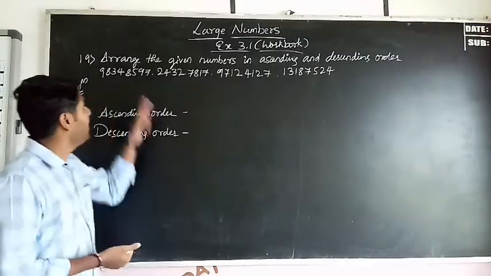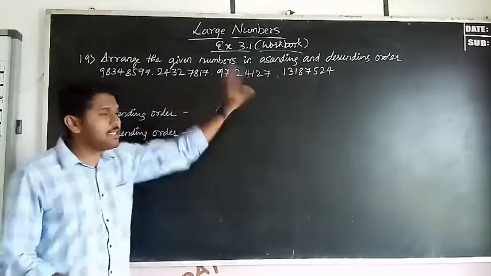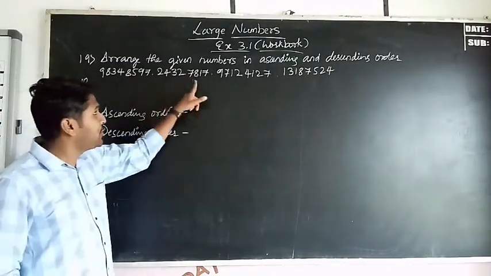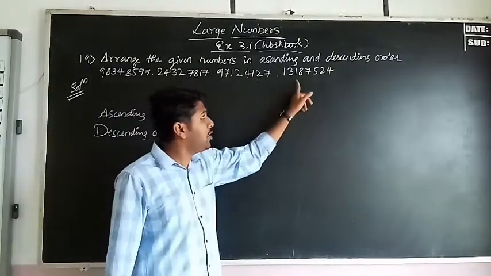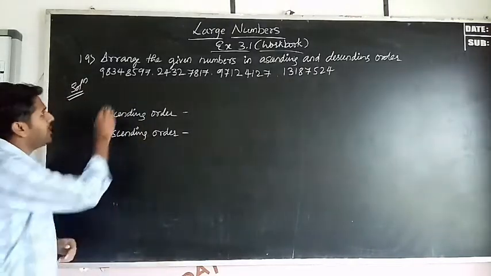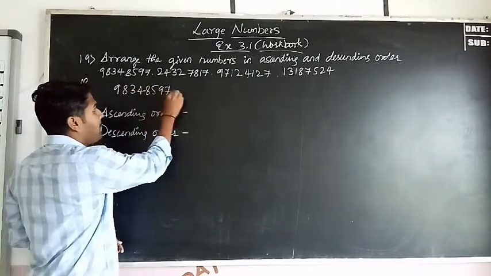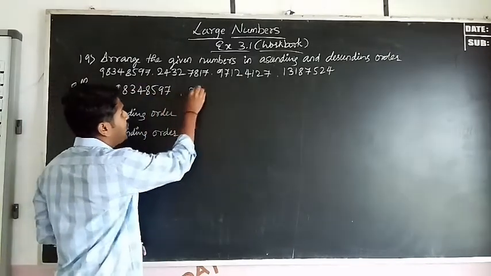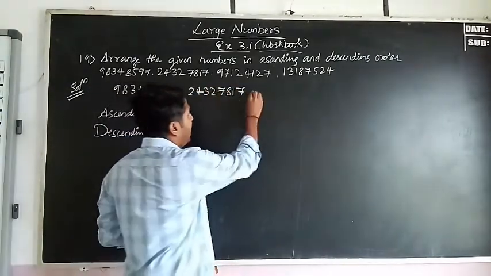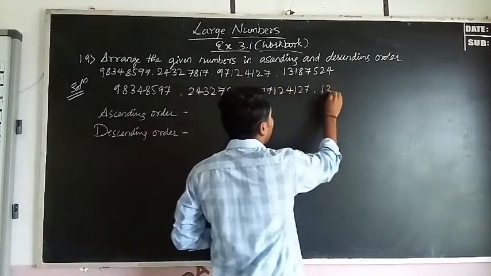So next, the 19th one: arrange the given numbers in ascending and descending order. So we have the given numbers here. First, see how many digits are there? 8. Here also 8. Here also 8 and here also 8. That means you have to check the place values. Okay. So first, write down the numbers: 98348597 and next 24327817. Next 97124127 and the next number